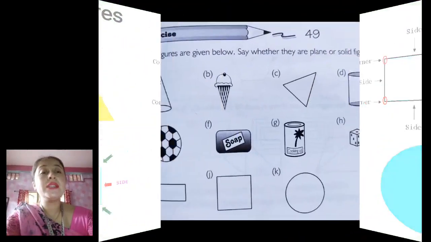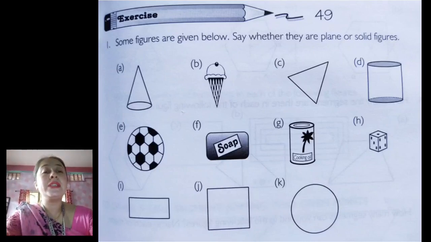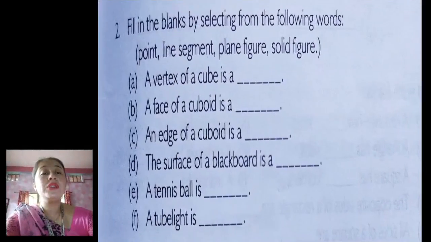So in today's class, children, we will do the sums from exercise 49. Number 1 is you have to say whether the given figures are plane figures or solid figures. Now you can easily distinguish between plane and solid figures. We will also do number 2, which is fill in the blanks.